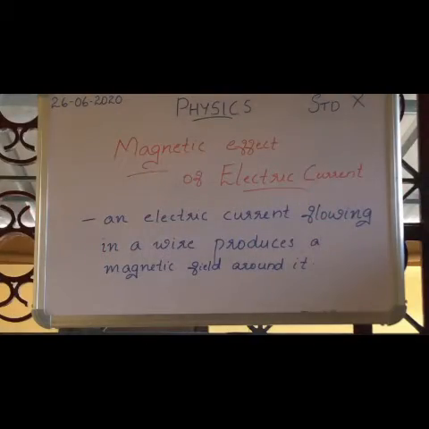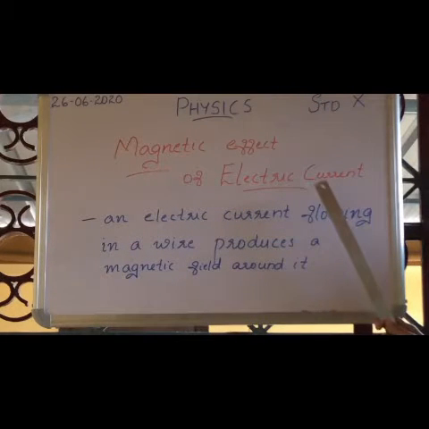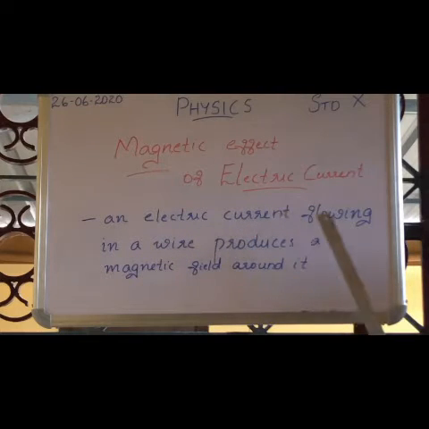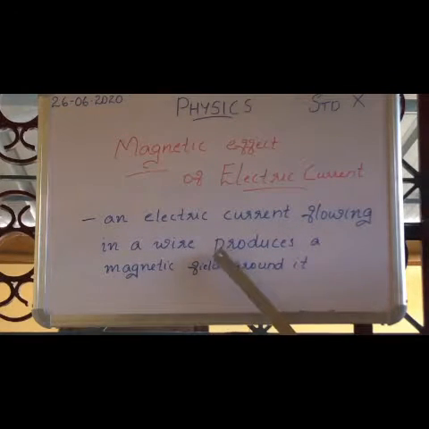My dear students, today we are starting our new chapter. In the previous chapter, we have studied that an electric current can produce heating effect. We will now study that an electric current can also produce a magnetic effect. The term magnetic effect of electric current means that an electric current flowing in a wire produces a magnetic field